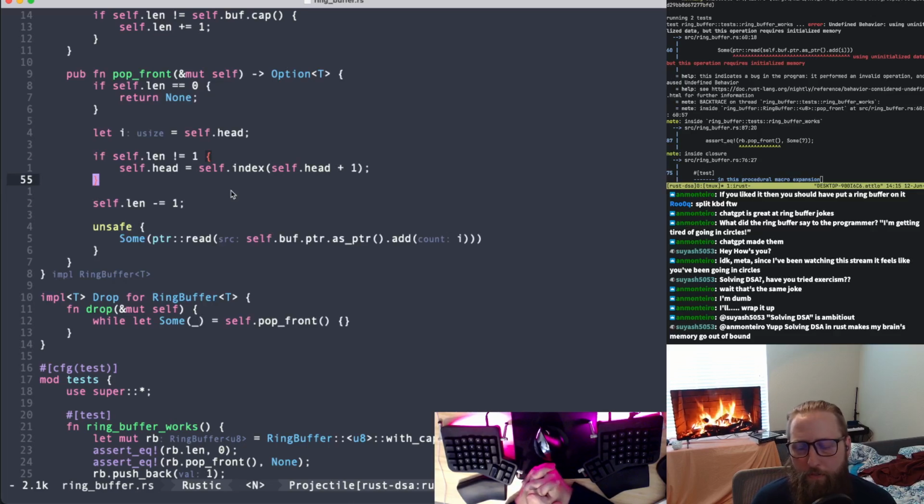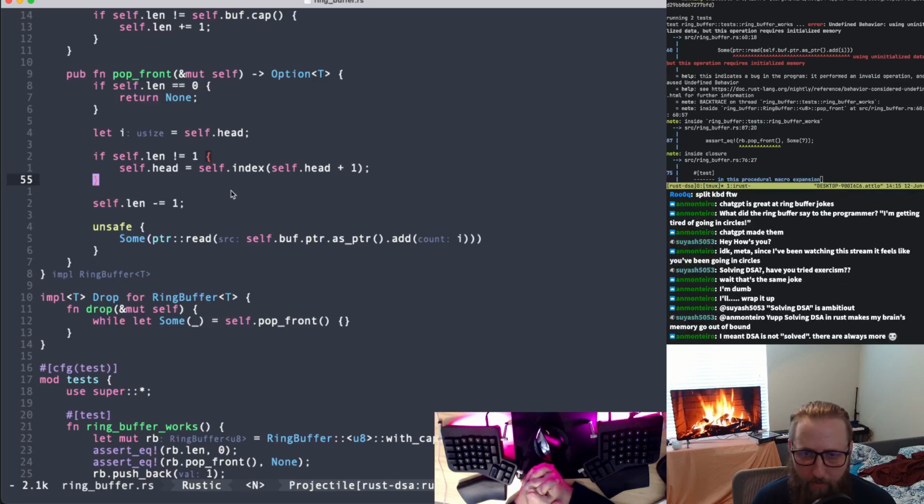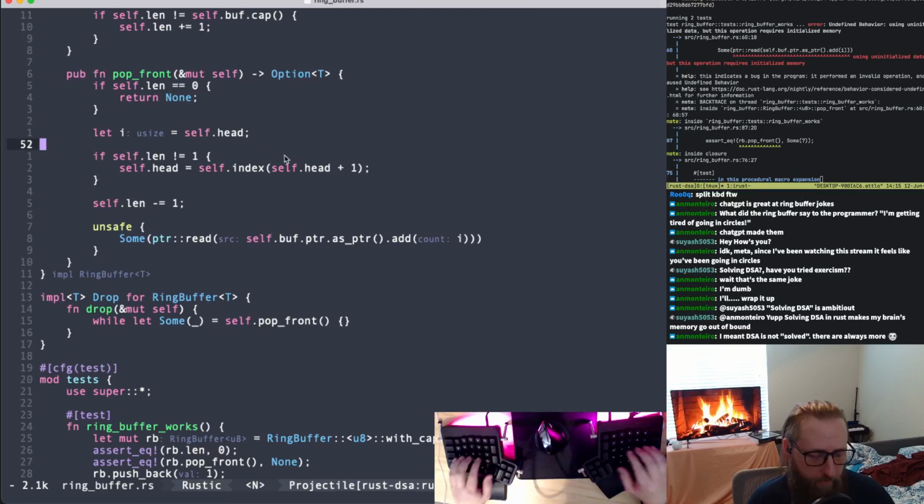If self.len does not equal 1, self.head equals self.index, self.head plus 1. Is there a problem with this little line right here? Let's think through it. So if we have a little guy here, which is